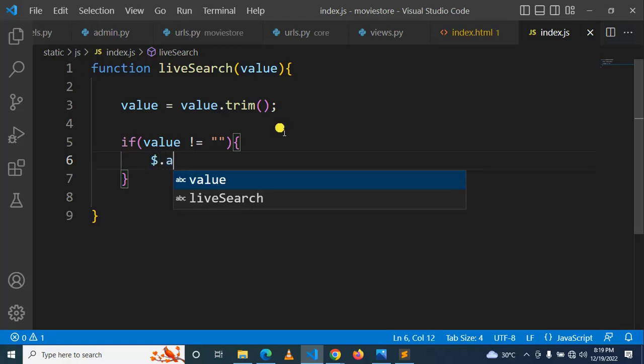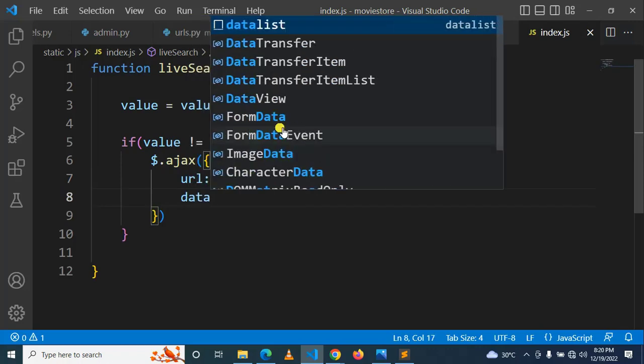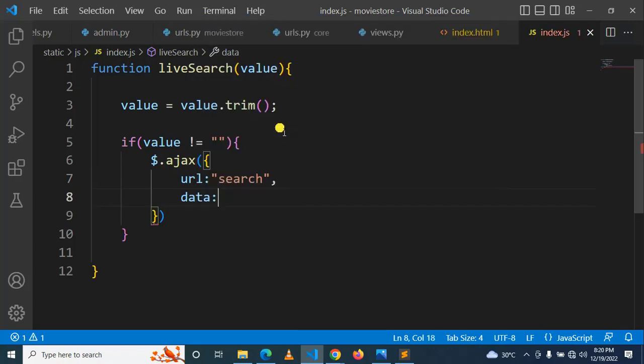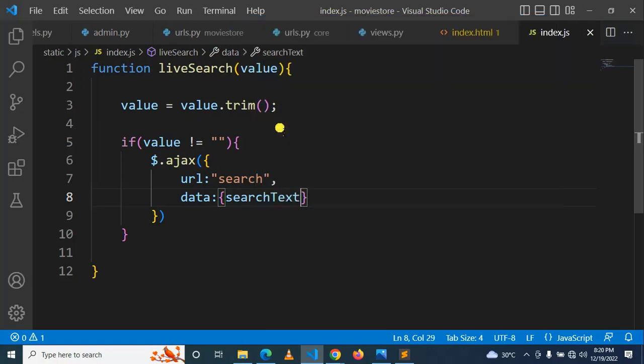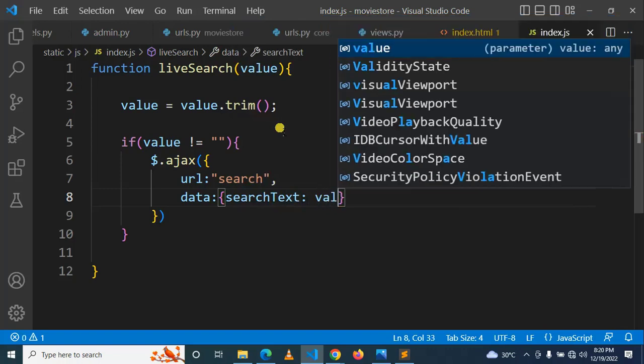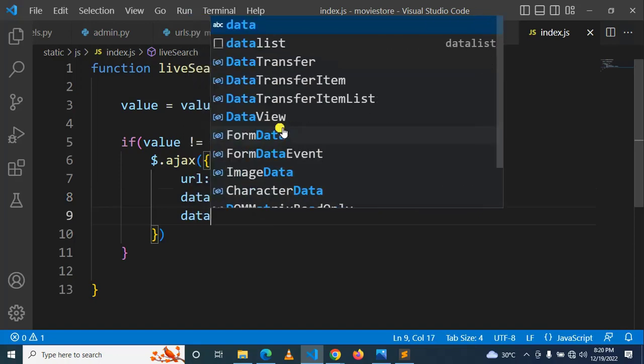We need to call Ajax, URL search. We actually need to specify the data we want to send asynchronously by Ajax, search text, value, the data type